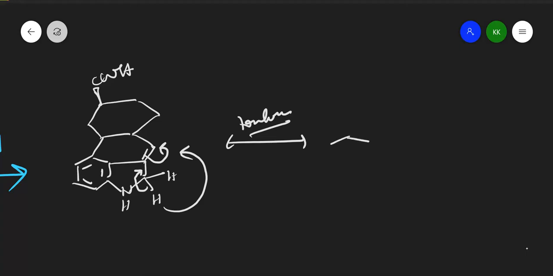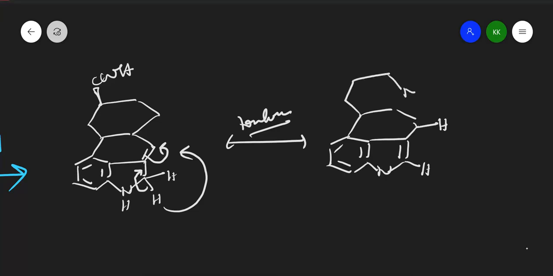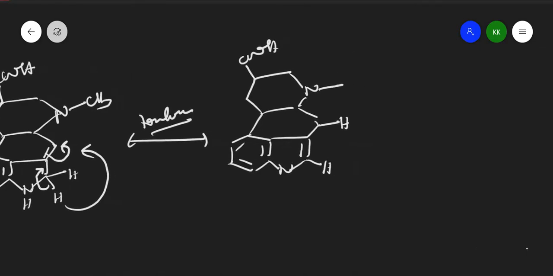So in this tautomerism, what we see here is that this NH2 was there, now it became NH. Here I will get a double bond, and here I had a double bond initially, that becomes a single bond by getting this hydrogen and other things. Here the nitrogen is attached to CH3, and this COH remains as it is. Here the nitrogen, I had forgotten this, you have to write it, right? So this is nothing but our dihydrolysergic acid, because if you see, there is no double bond here.